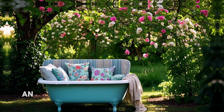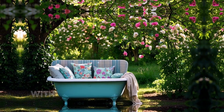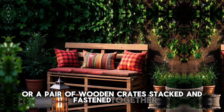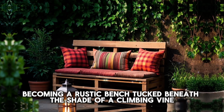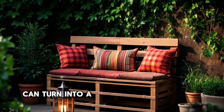Take, for instance, an old clawfoot bathtub. Once destined for the landfill, now transformed into a cozy garden lounger with a few cushions and a coat of vibrant paint. Or a pair of wooden crates, stacked and fastened together, becoming a rustic bench tucked beneath the shade of a climbing vine. Even a forgotten filing cabinet, laid on its side and topped with a salvaged plank, can turn into a surprisingly